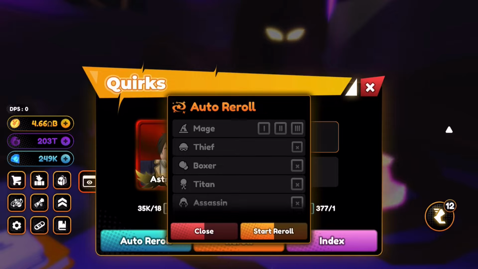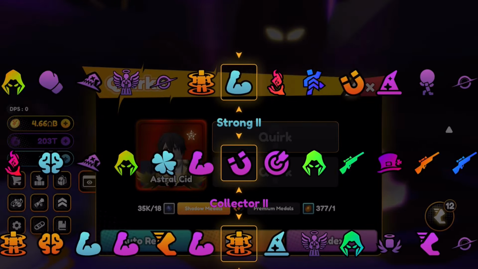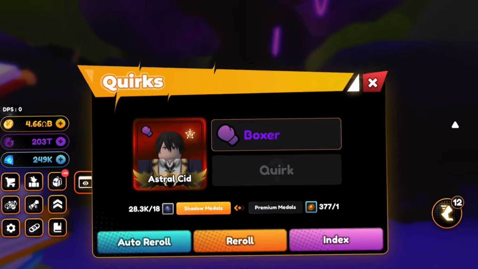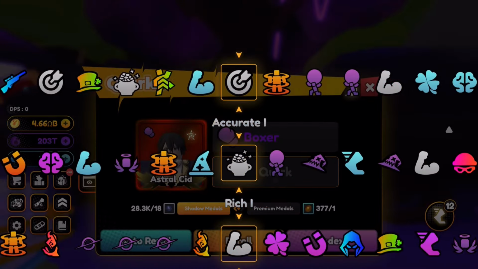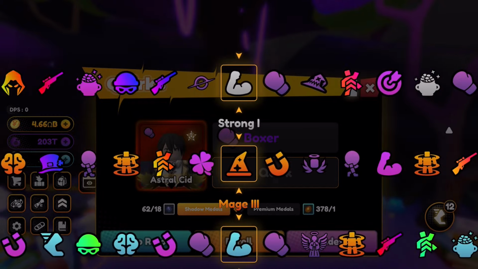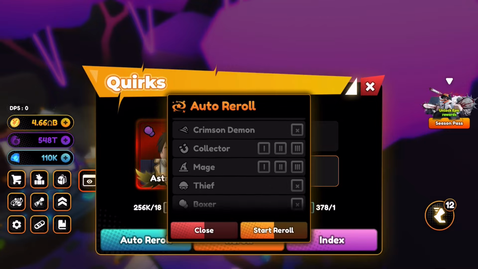Now normally I would skip this entire process since I already did it at the start for the mage unit, but this time I have to show this because I started with 35,000 medals and it took me 6.7k to get Boxer, which is great, which is what we all want to see all the time. But with 28.3k I couldn't get Titan, so I went and did the tournaments, the crazy tournament runs, 256k,